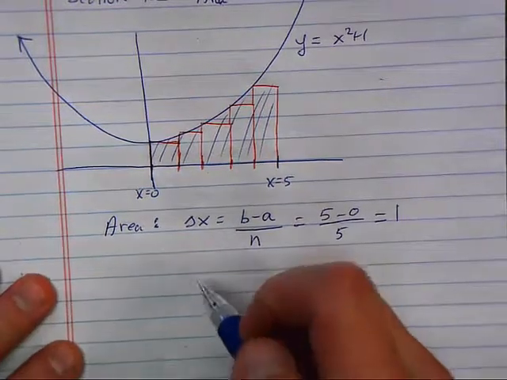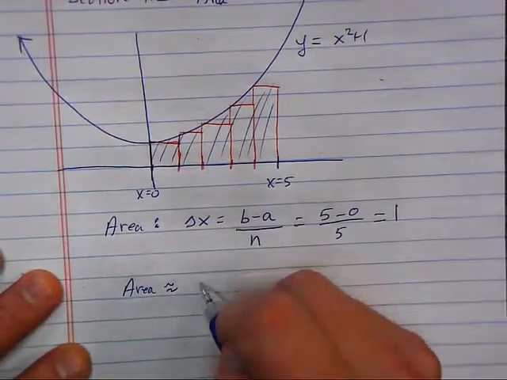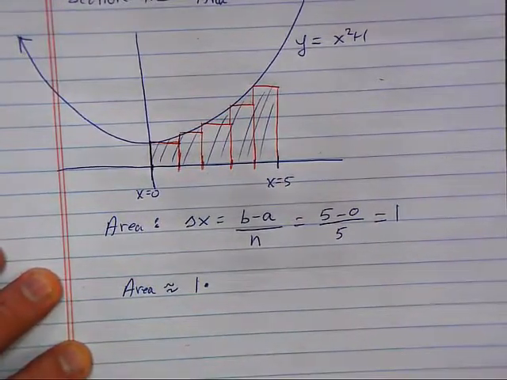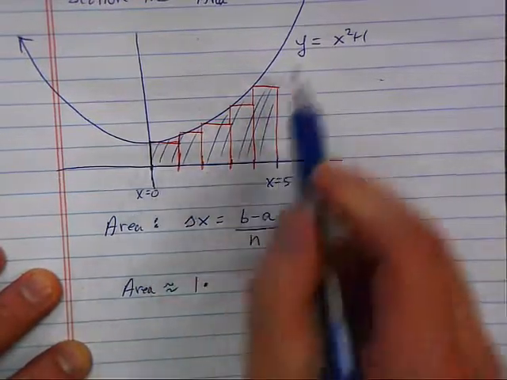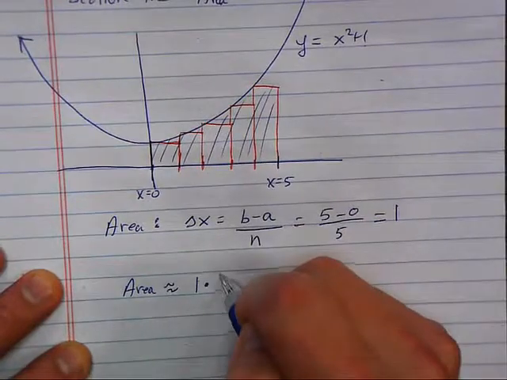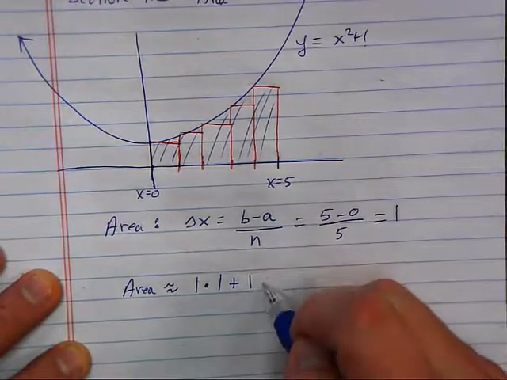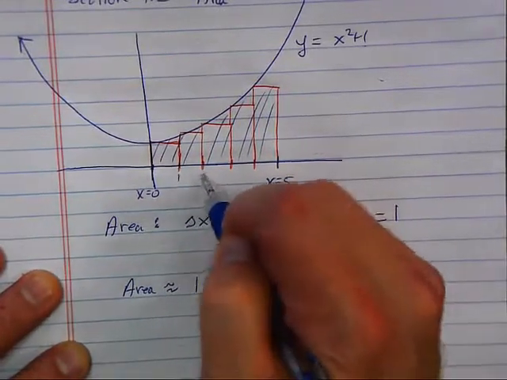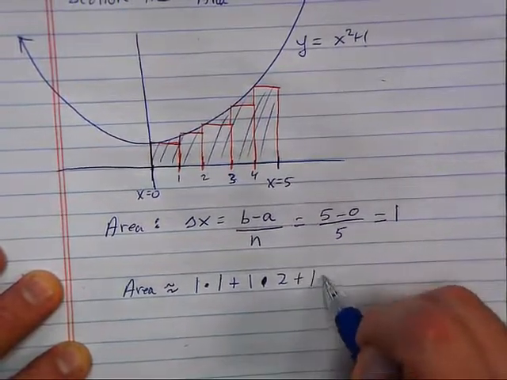All right, so our area would be approximately, I would take the width of the rectangle, which is 1, times the height of the first rectangle. How tall is the first rectangle? Not 2. 1, because I plug 0 in. I always plug in the left-hand endpoint. If I plug 0 in, 0 squared plus 1 is 1. Plus, the second rectangle has a width of 1, times, how tall is it? Now I plug 1 in, because this is 1, 2, 3, 4. That's 2. Plus, the third rectangle is 1 by,